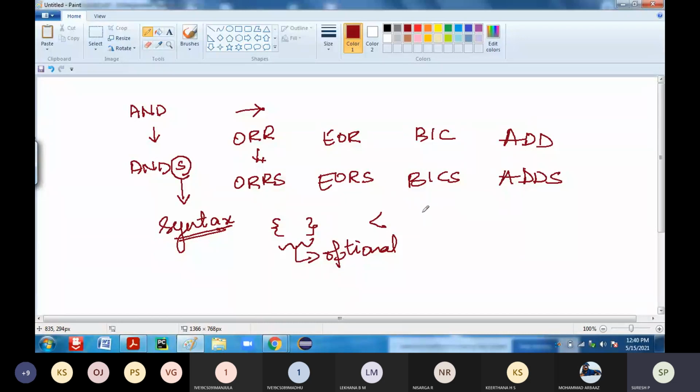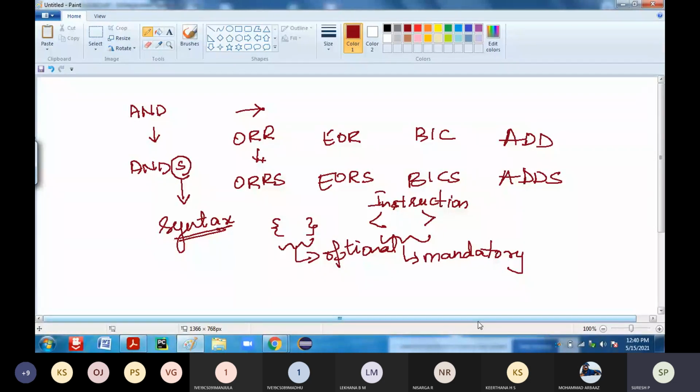The component which comes inside the bracket is mandatory. So this is nothing but the instruction which you are going to give in your syntax. Okay. So go through the syntax. That's it. Your syntax is more important.